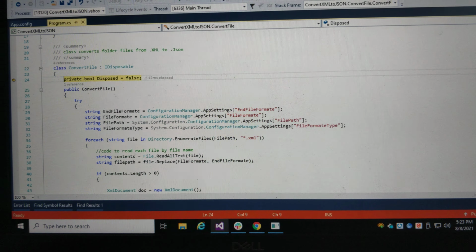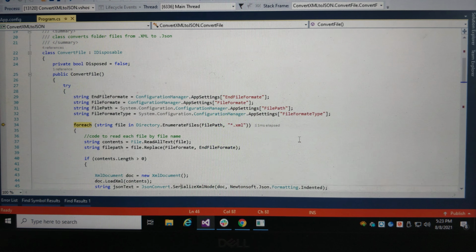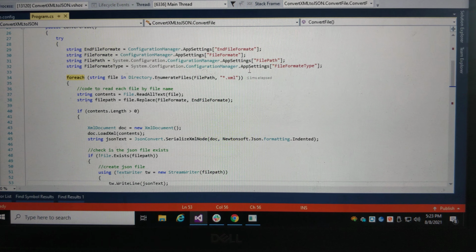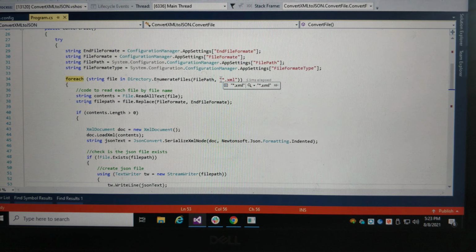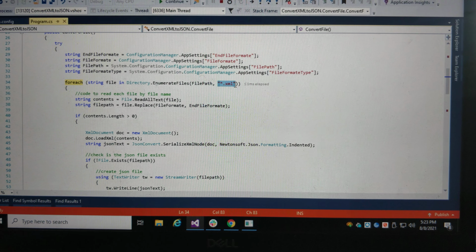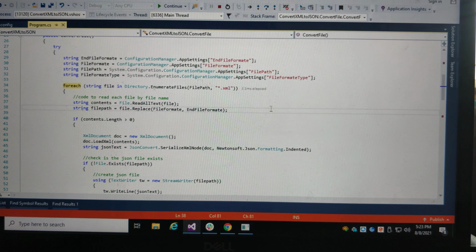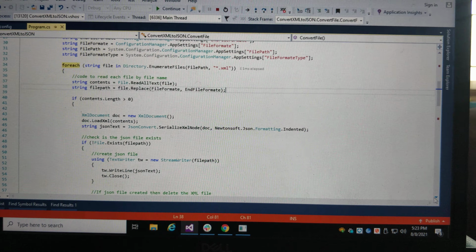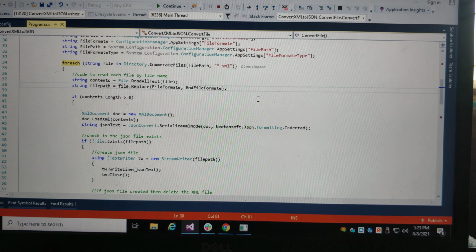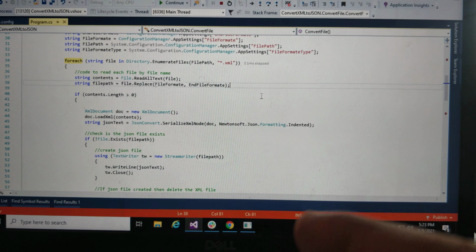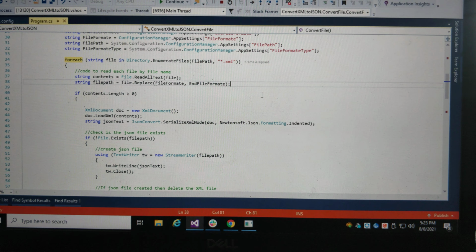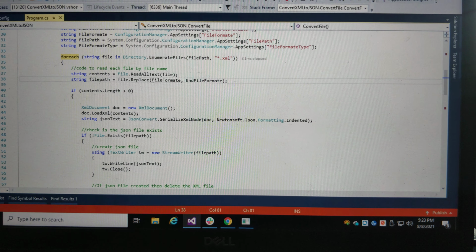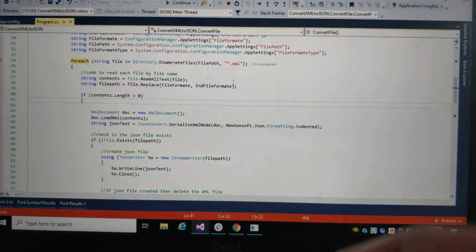Now what I am doing is enumerating the files. I'm searching all the files from the path, for XML files. I don't mind if I have some JSON or anything; I just take the XML files. I don't count the text or other files. I just go with the XML and read one by one. Okay, first file, one second.